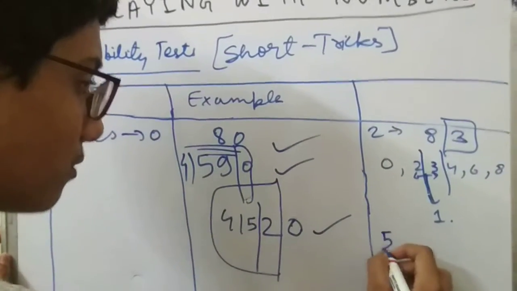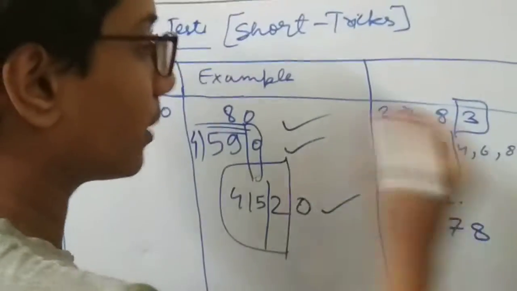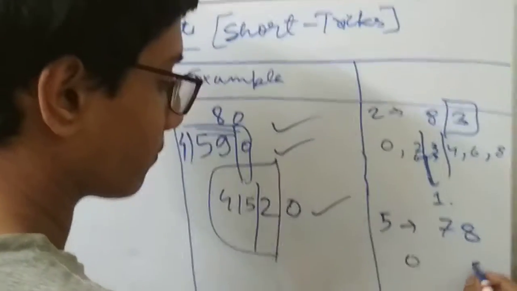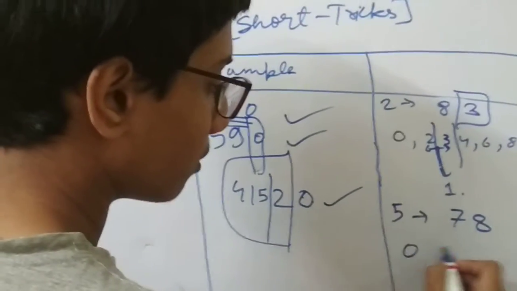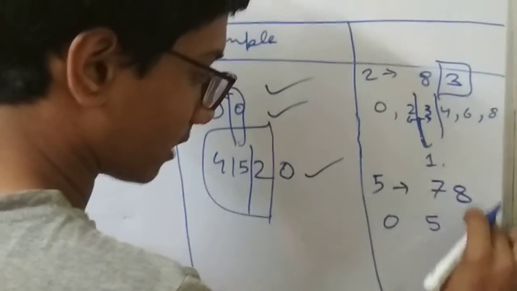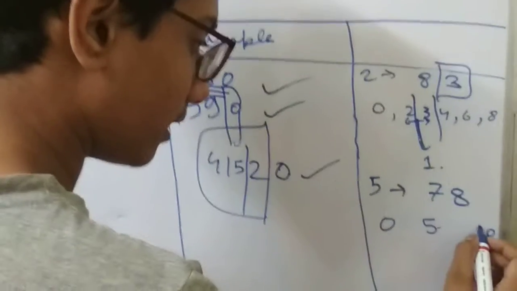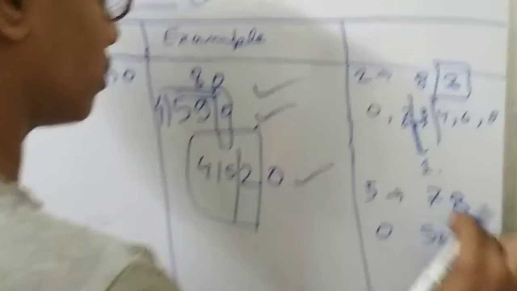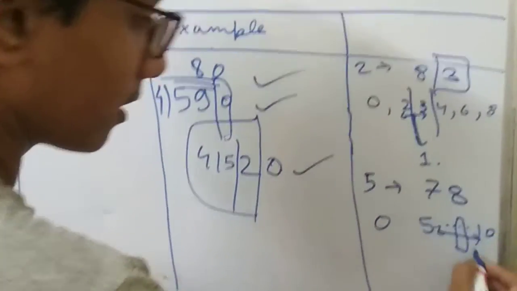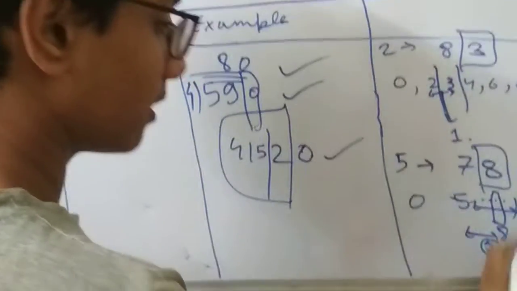Now let's come to 5. If I take 78, what about 78? We need only 0 and 5. Now I'll be putting one more here for our convenience: 0, 5, 10. Now see, 8 comes between 5 and 10. We are focusing on the unit digit, that is 8. Now what is the remainder? 8 minus the previous number, 5. That means the remainder is 3.